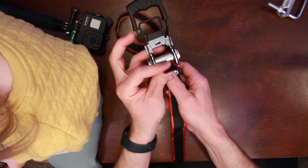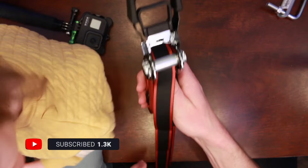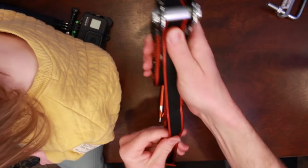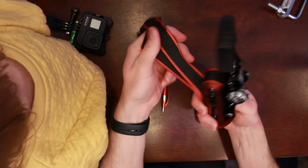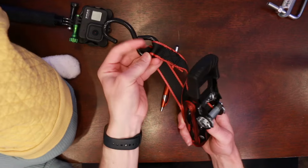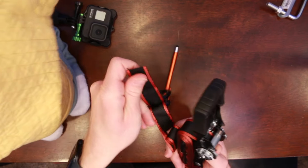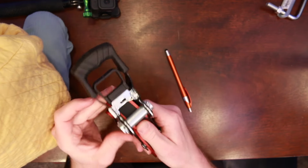What we're going to do is we're going to wrap all the way around the whole thing so that we can tension it. Okay, I'm going to hold my thumb there, the ratchet's positioned where I want it, and wrap it all the way around. Now the key to this is wrapping the end of the other loop in through the hole so that you don't wrap the whole hook. Okay, so I'm going in through the hole just like that,